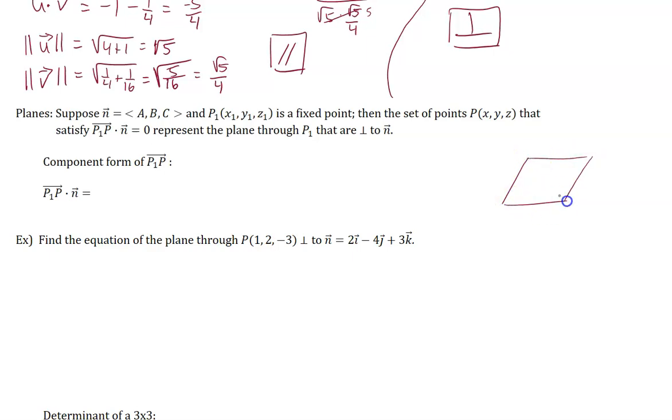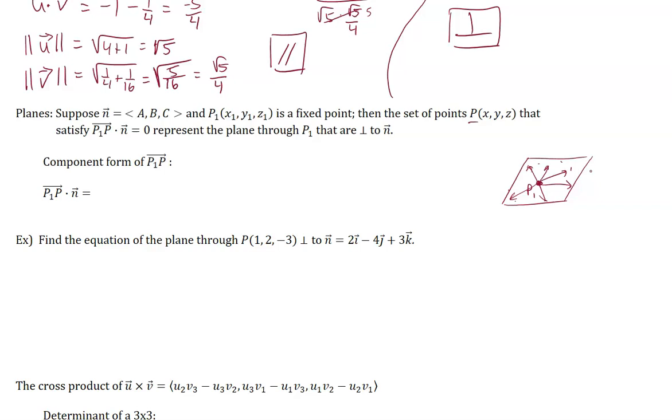So if we have some plane and we have a fixed point on the plane, that's P1, then every other point in any direction at any distance from here, all of these points would be P. So all of the points in the plane would just be the general point P. And if we draw a vector from the fixed point P1 to any point in the plane anywhere,